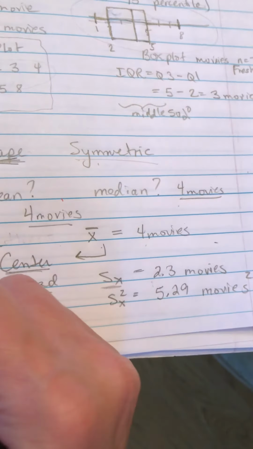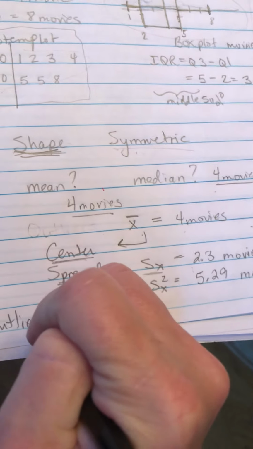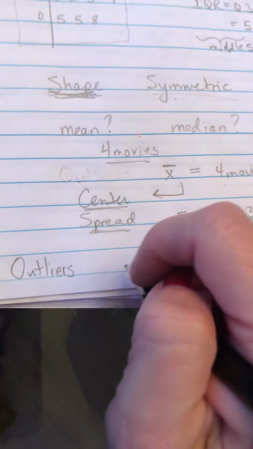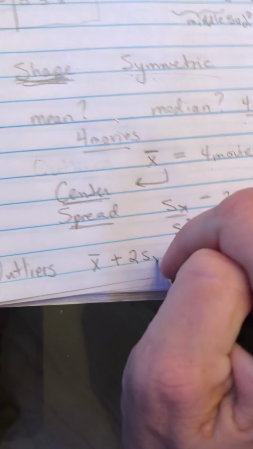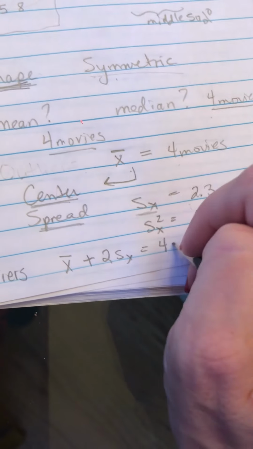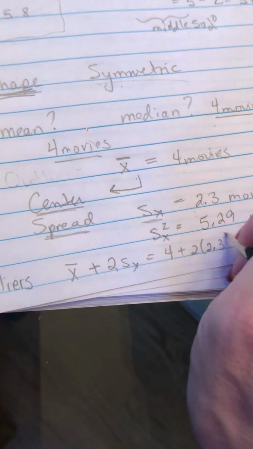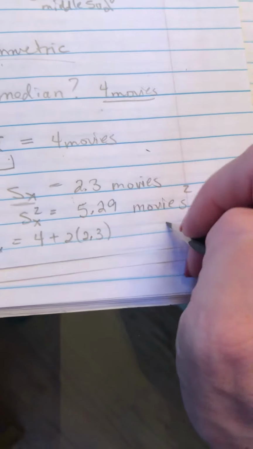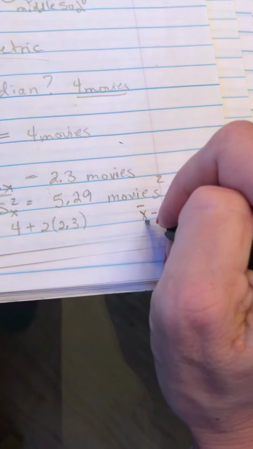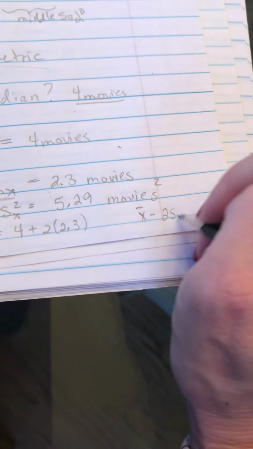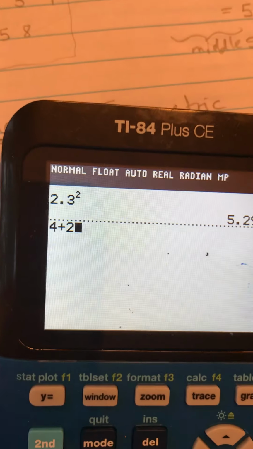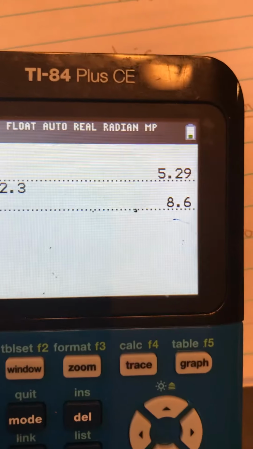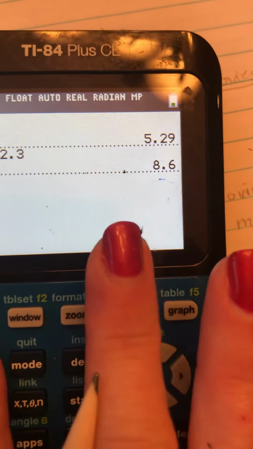For outliers, my rule of thumb is it's going to be significantly large if they are above X bar plus 2 copies of the standard deviation. So that's going to be 4 plus 2 times 2.3. And it'll be significantly small if it's below the mean minus 2 standard deviations. I'm just going to throw those in the calculator really quickly. So if I start with a mean of 4 and I add 2 times 2.3, anything above 8.6,